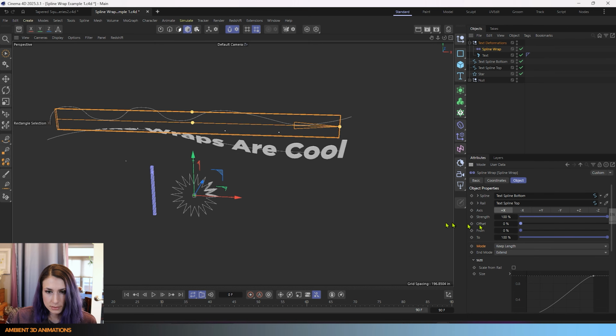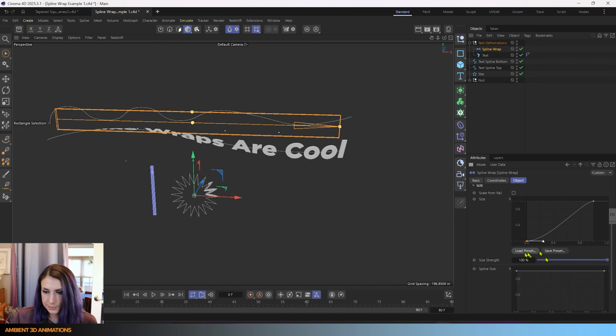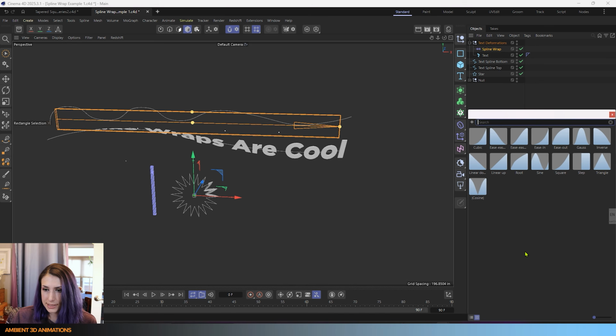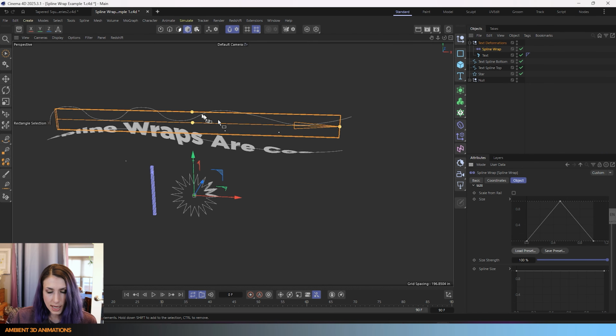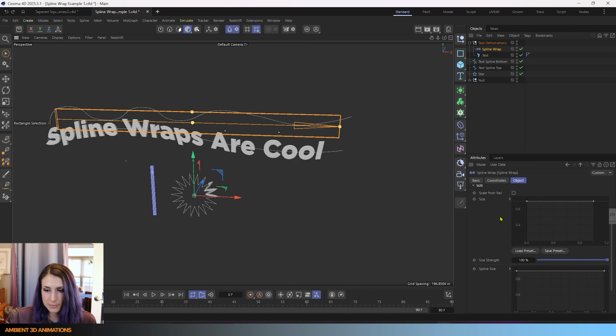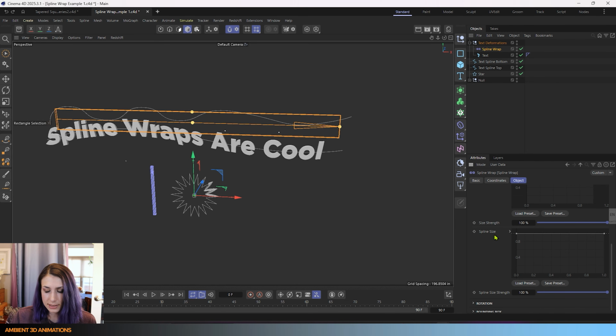So that's fun. You can also load a preset. So I could decide I like this triangle shape and choose that, and then it goes from small to big to small. You can also save a preset you make that's custom. I'm not going to do that today. You can also choose the strength of this. And again, this is keyframeable, so the strength could be 0 and then it scales up. Going to undo all of these so that we go back to the default, because now we're going to look at the